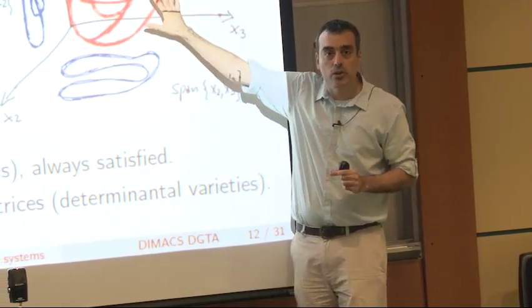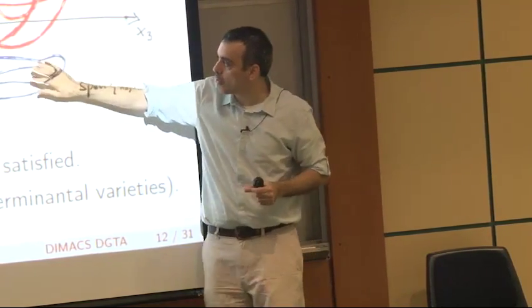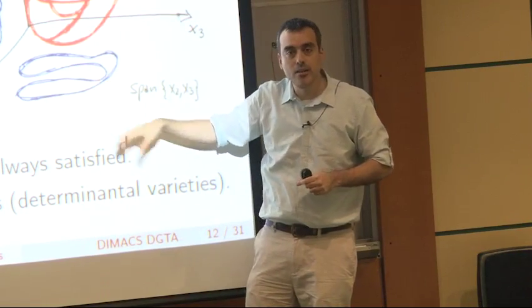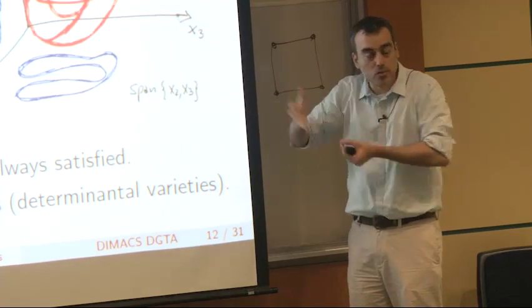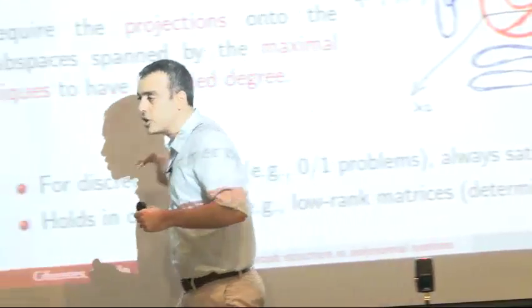So this is really the picture that underlies everything that I'm going to say later. As long as we can control the complexity of these varieties, then this idea of combining dynamic programming with this reconstruction will work, and will completely generalize all the things that we can do in discrete domains.